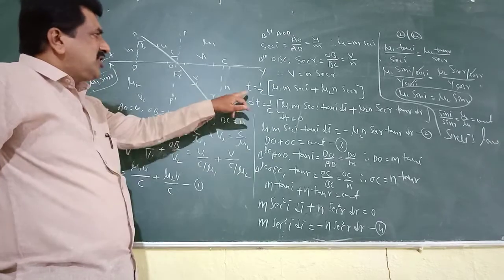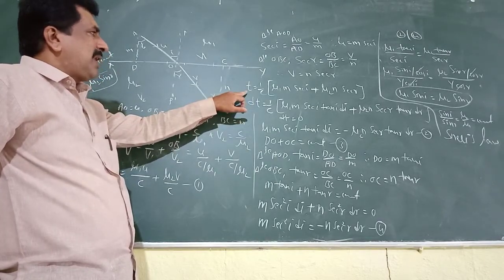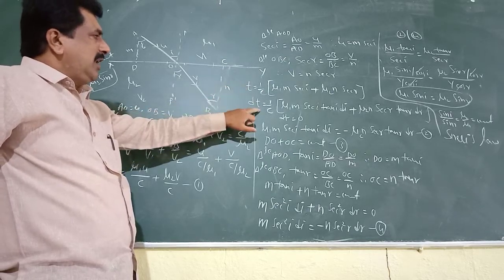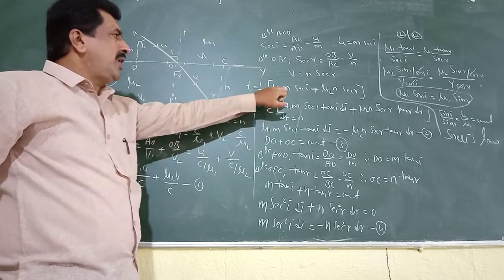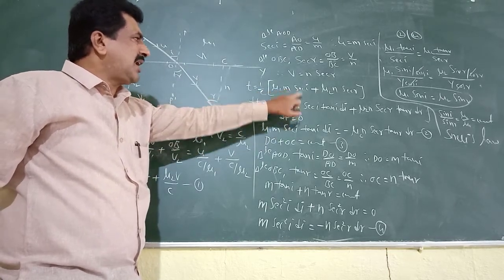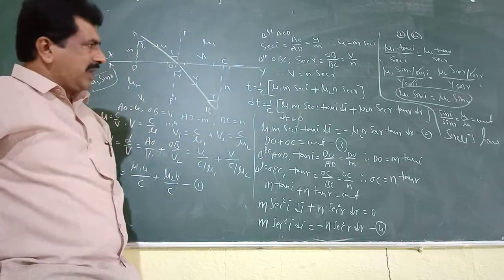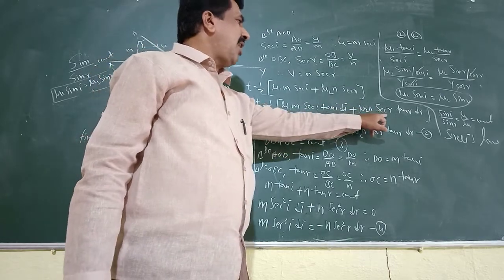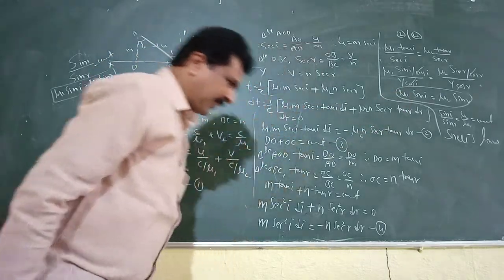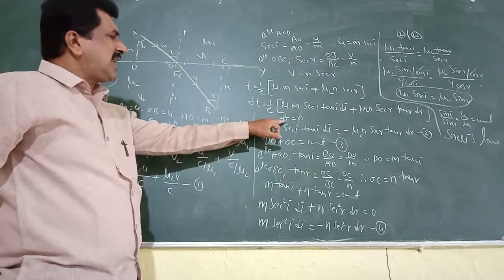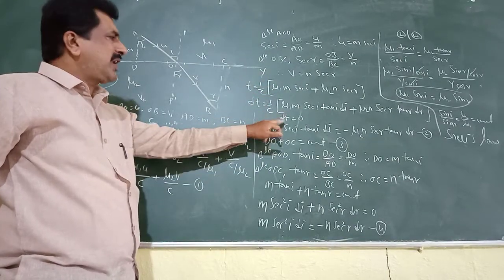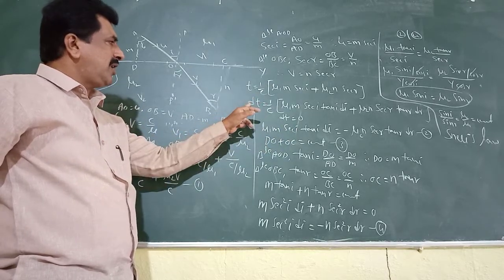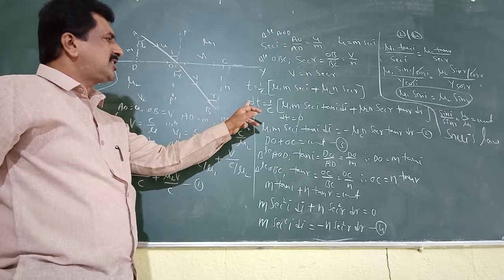That's why we differentiate this equation for a small change in interval of time. dt equals 1 by c, which is constant, mu1 into m is constant, the differentiation of sec I is sec I tan I into di, plus mu2 into n is constant, the differentiation of sec r is sec r tan r into dr. This is a small change in interval of time. dt is very small, so it can be neglected. dt equal to 0. Substituting, c also becomes 0 when it is taken to the left side.